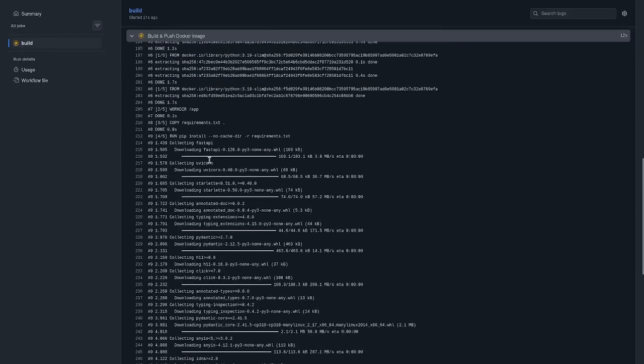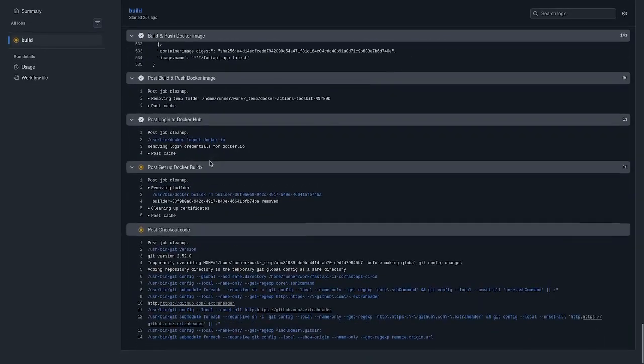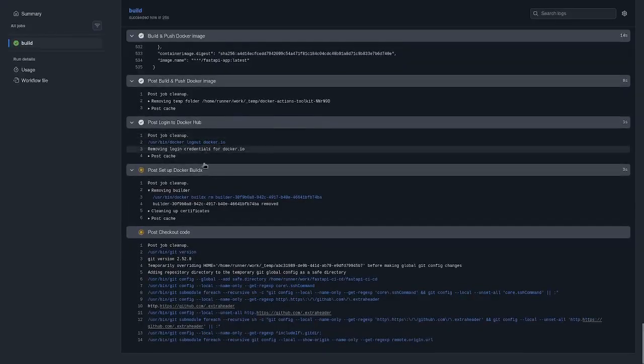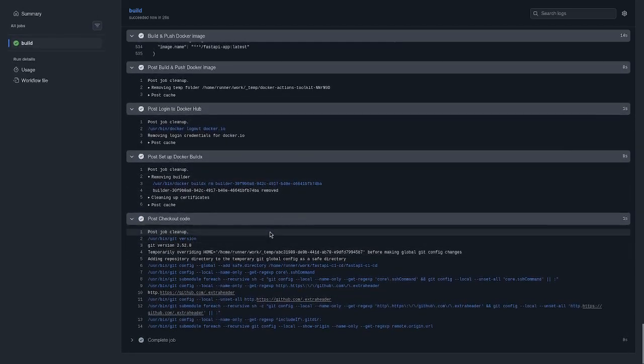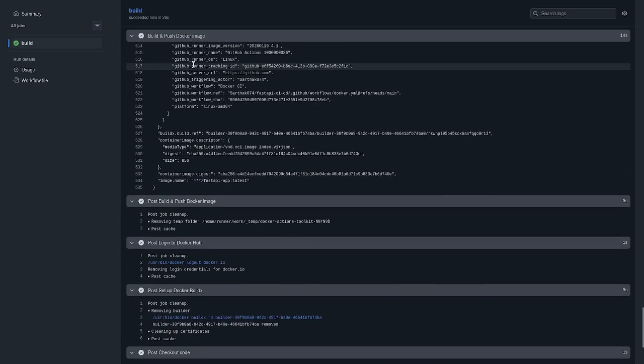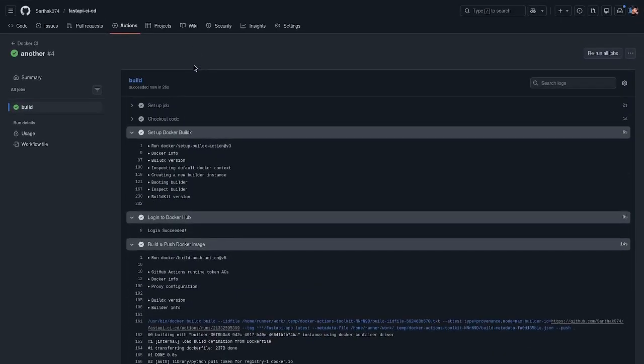Here you can see all the pipeline which is running, and we have logged in to the Docker Hub. We have post setup Docker buildx and all. This is the post checkout code and complete job. So our CI/CD pipeline has successfully run, and we have deployed our